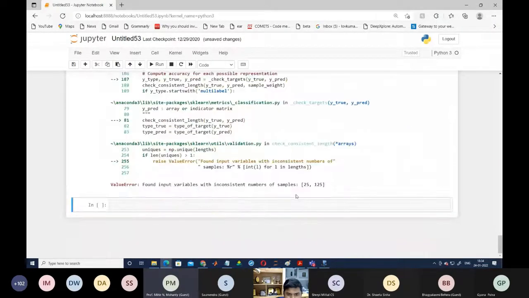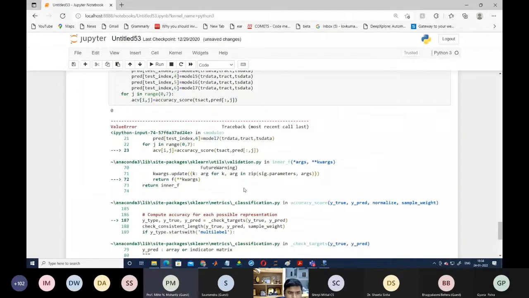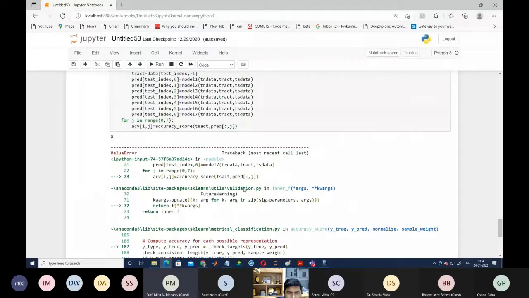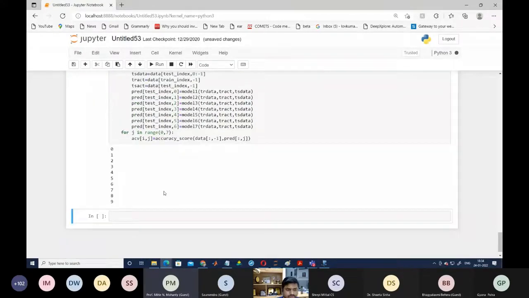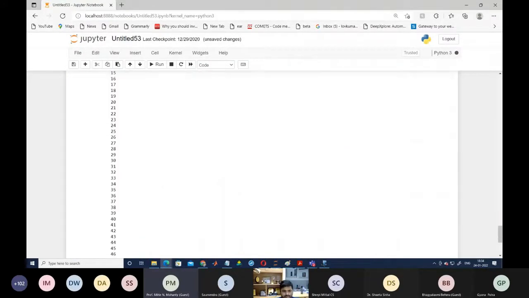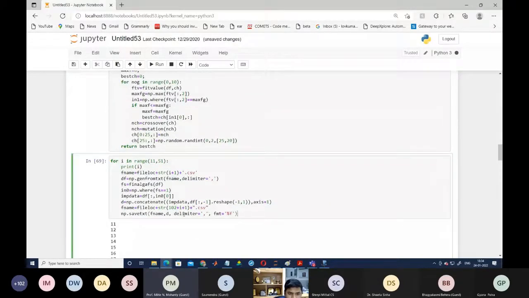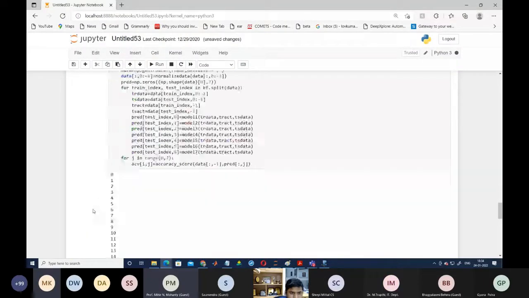And subtract the input variable consistency in 25 comma this one. Okay, so shape of data 0, and then we are calculating the predicted value. Okay, yeah, fine. So now you can see it starts working here. After that, we are also going to shape this accuracy value so that we can easily find in which case we are getting the better result.